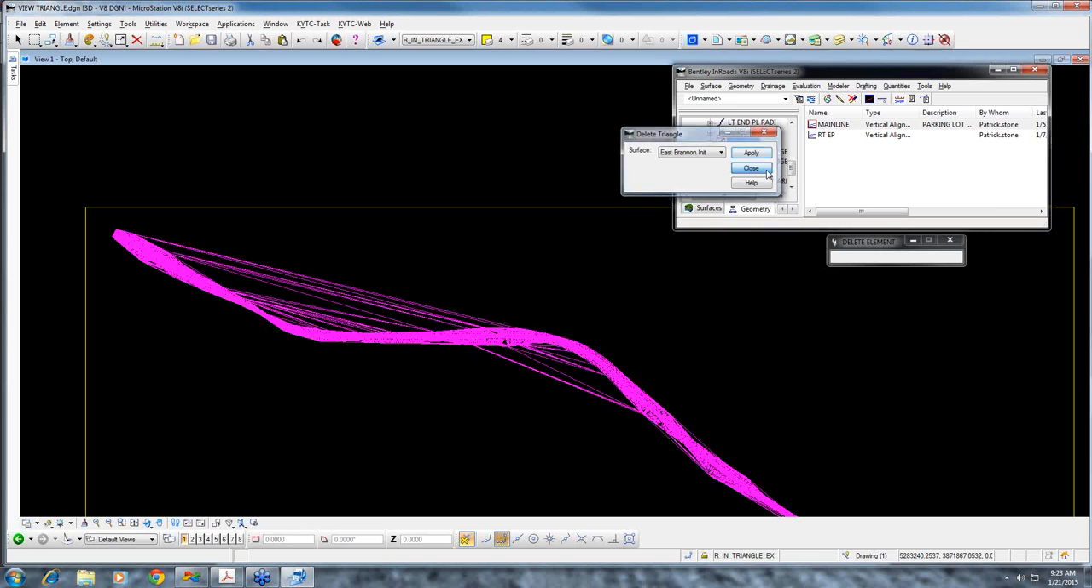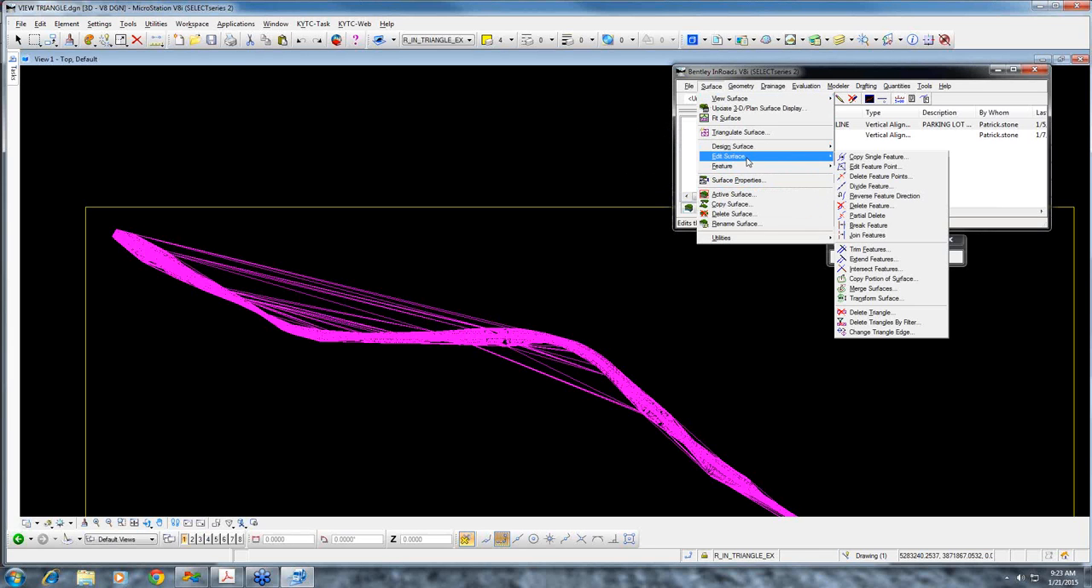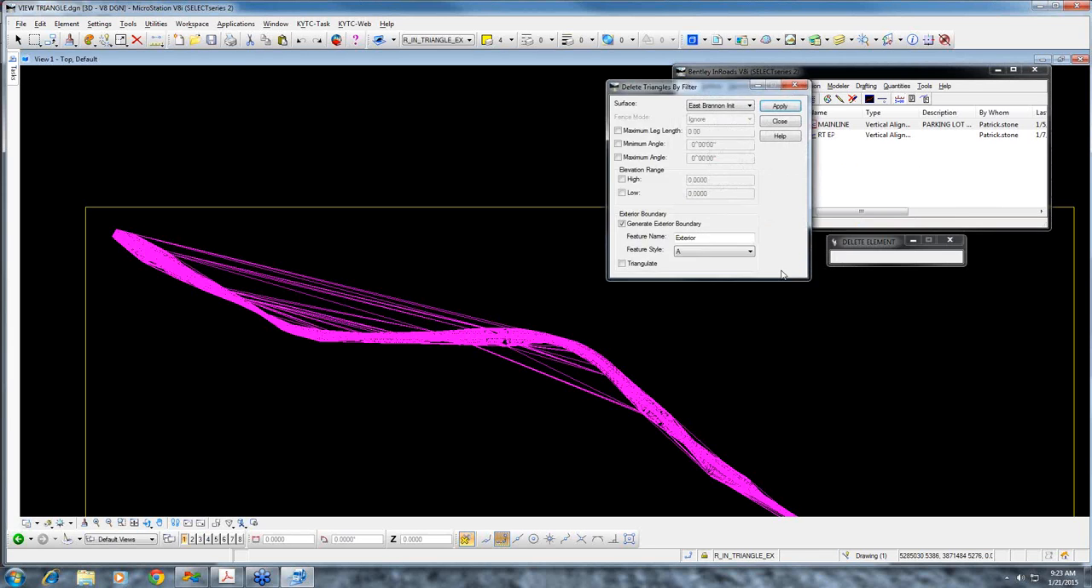But before we make a mesh, I didn't know if you knew that you can come in here and delete triangles by filter. This is pretty nice because you can come in and set the maximum leg length is usually the one I use. Now what that does is you specify the longest allowable triangle leg length, and anything over that length is going to be deleted. Now the minimum angle, that specifies the minimum interior angle. The maximum angle is the maximum interior angle, and this elevation range,